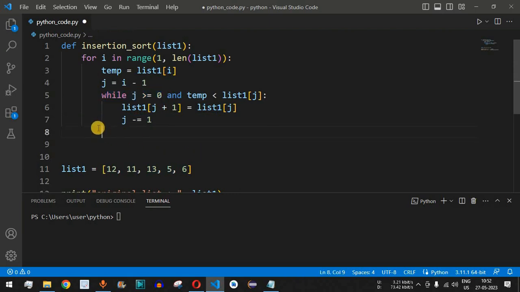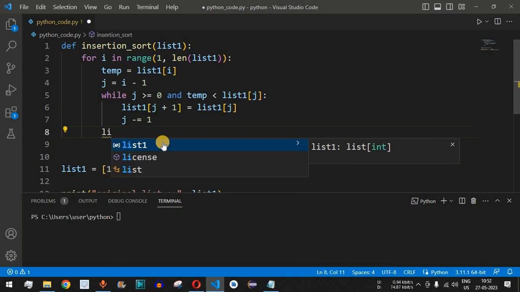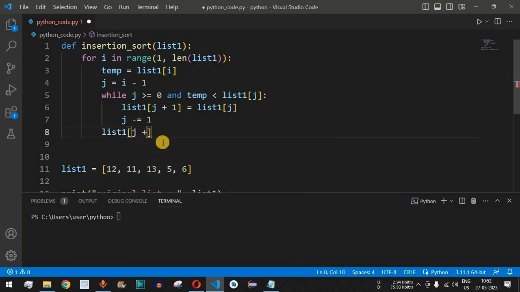So we come out of the while loop, and after coming out, since the j value is -1, we have to do j + 1 so that we come to the 0th position over here. So list[j+1] this time is equal to this second element, which was present in the temp variable. We need to assign it to this position, the first position. So over here we will say temp in this case.